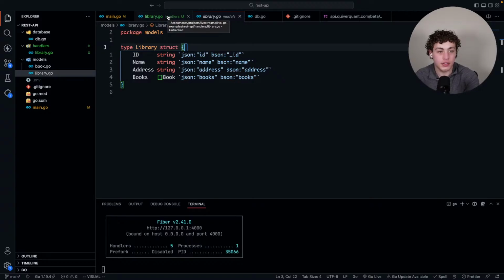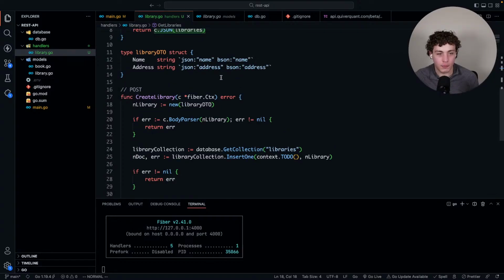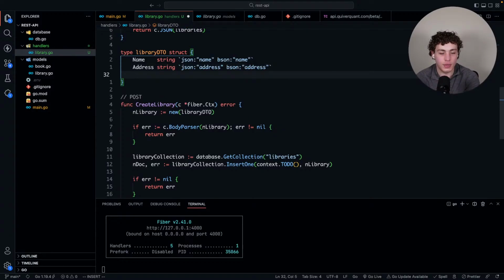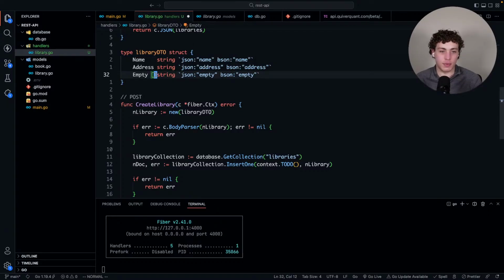But yeah, so we have this books and these are empty arrays. So what we need to do is I need to go fix this within our post request. So what I want to do is I'm going to go into this library DTO, and we just need to add an empty array in here. So we're just gonna make this a slice of strings, and whoops, it's the other way around in Go. I forget that. I write mostly TypeScript these days, so I forget that sometimes. But if we switch these over, let's just make these our books JSON,